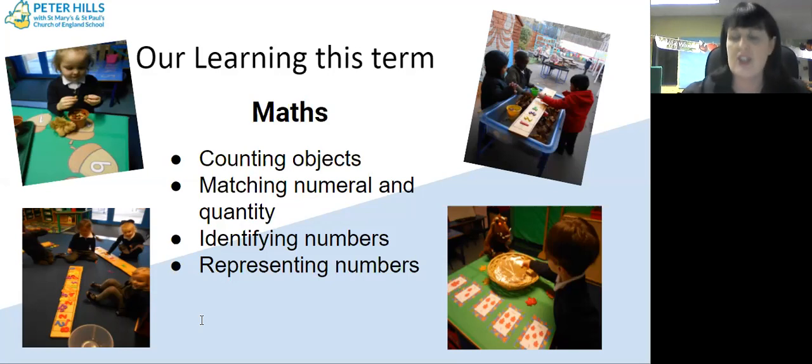So we're always challenging them, but they're quite confident with their numbers this term. Representing numbers as well, because we find that's sometimes quite difficult. They can count, they can recognise, but it's actually representing the numbers. Some children can actually write the numbers and number shapes, but other children